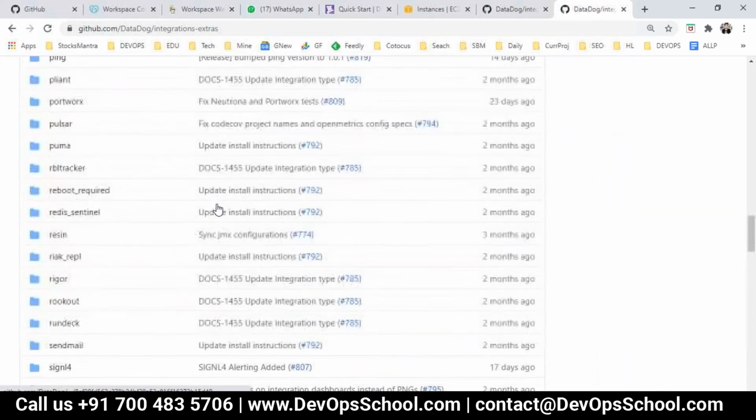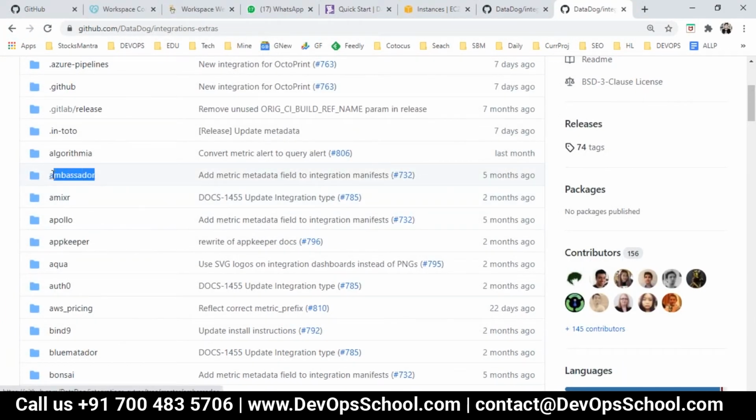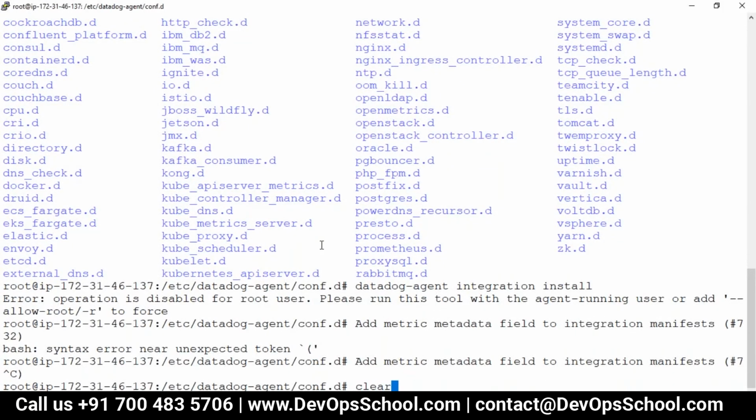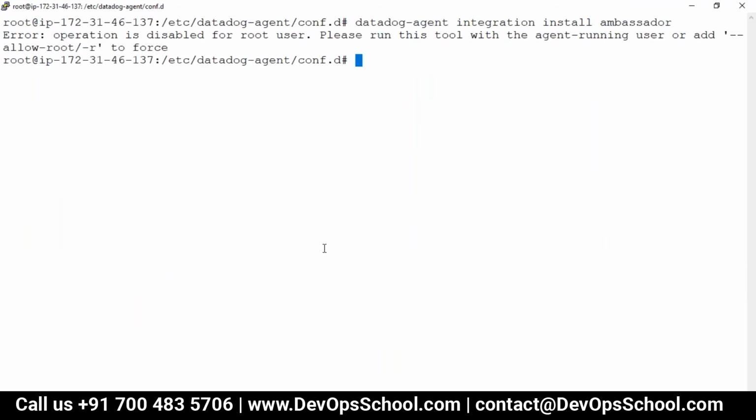Let me name it one of these. Let's say ambassador. Okay, so this user is disabled by root.